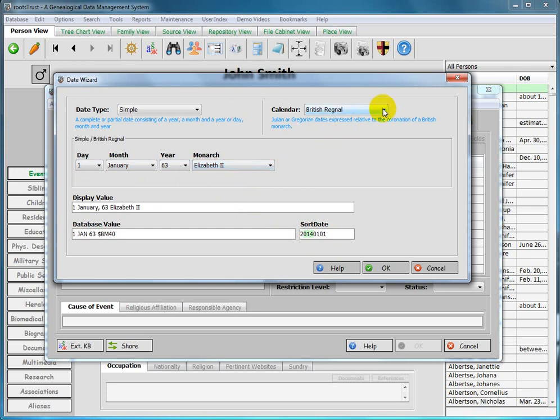Okay, the next entry in the calendar combo box is French Republican, for dealing with dates from France and its possessions from 1792 to 1806. This is a totally different calendar than the Julian or Gregorian. I will enter a French Republican date,